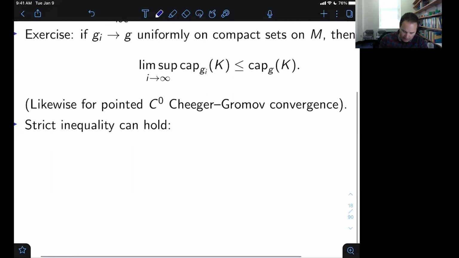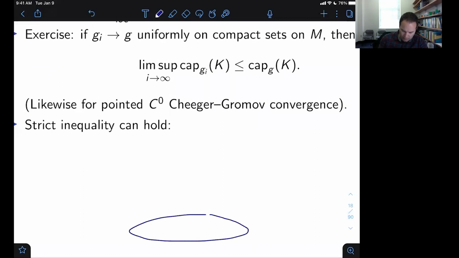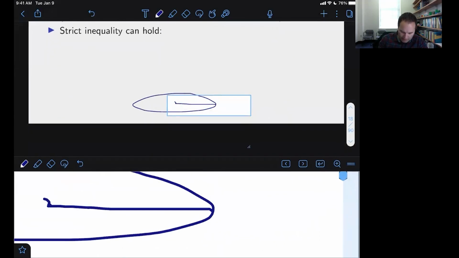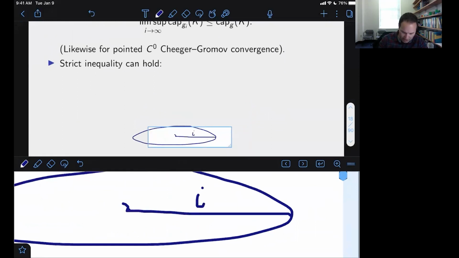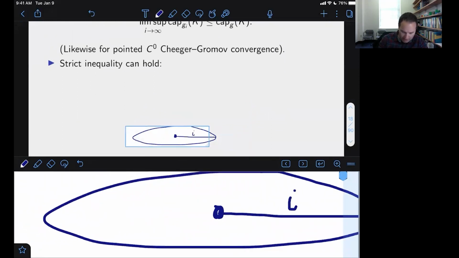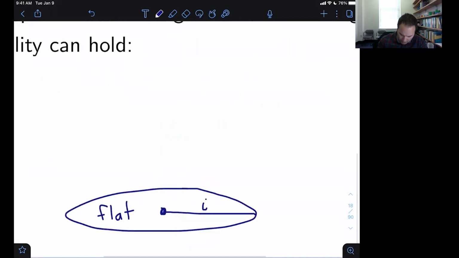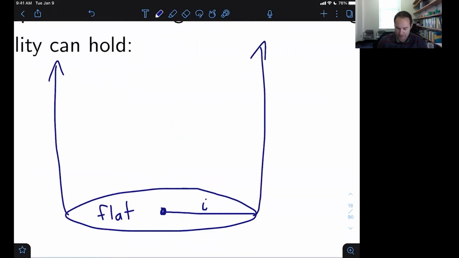It's probably the simplest thing I could think of, where you have a Euclidean ball out to some radius i, where i is just an integer. You have some ball, here it is just a flat ball, or even a two-dimensional disk if you want, and then your manifold changes so that it opens up to have a cylindrical end, and you can round out the corners so you get a smooth metric if you want to.